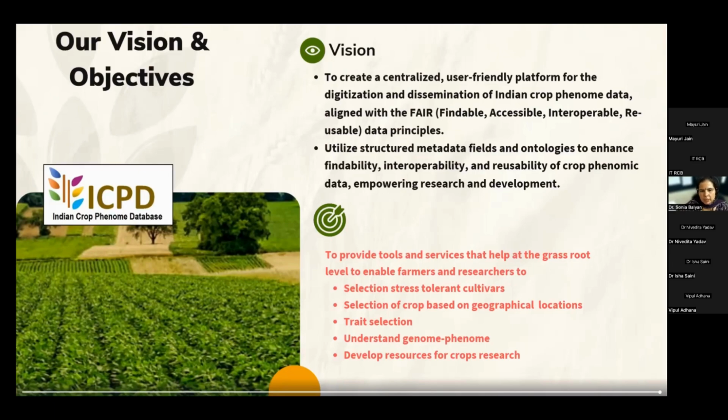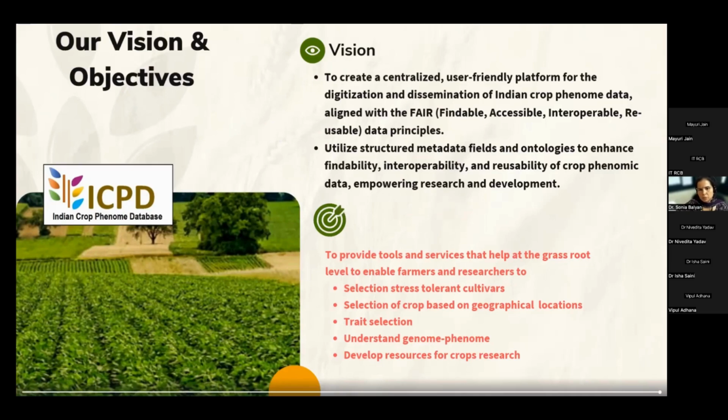So the bigger picture here is that by adopting these data practices, preserving and submitting data to proper data repositories, we can achieve in future